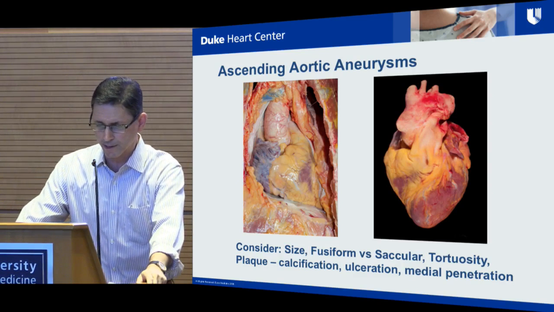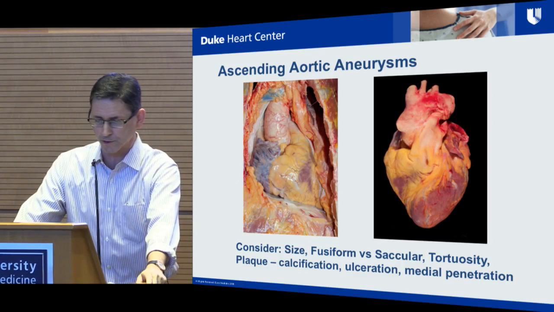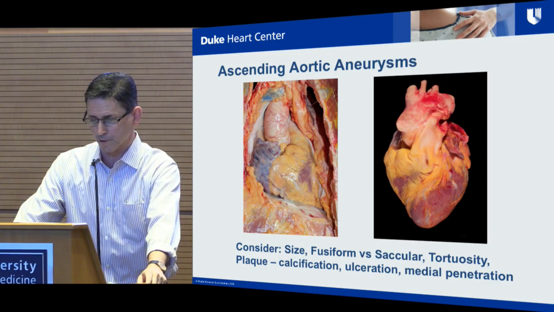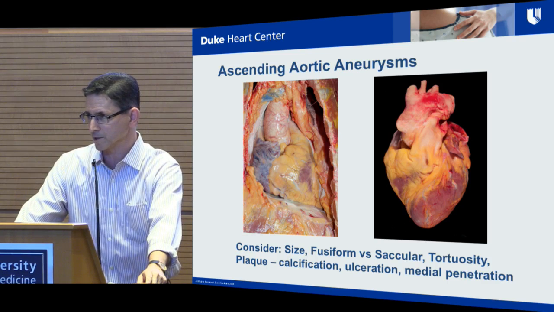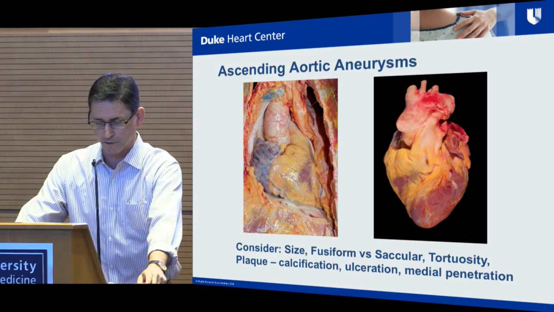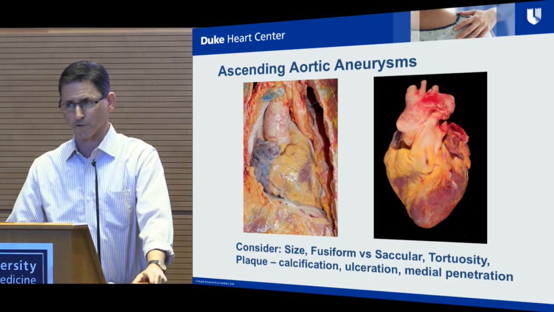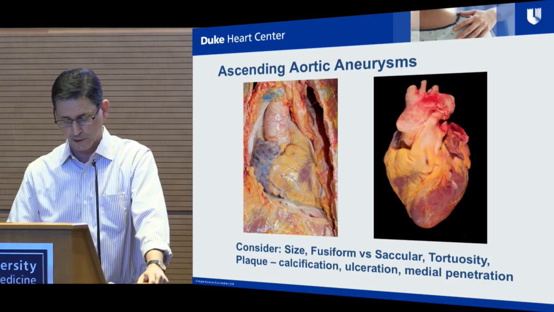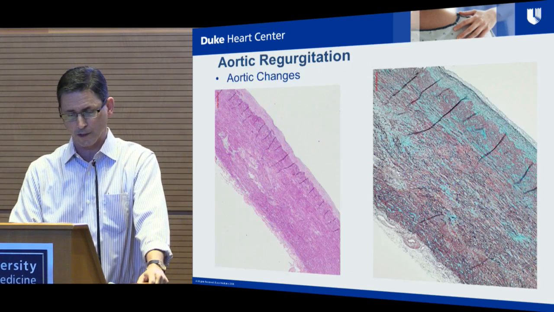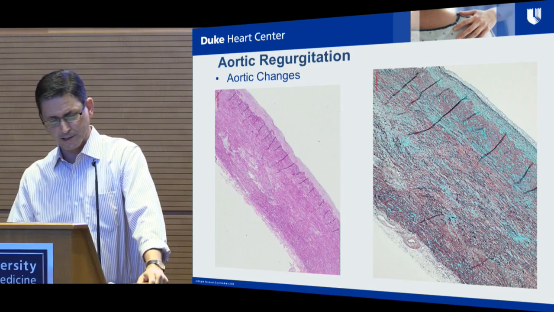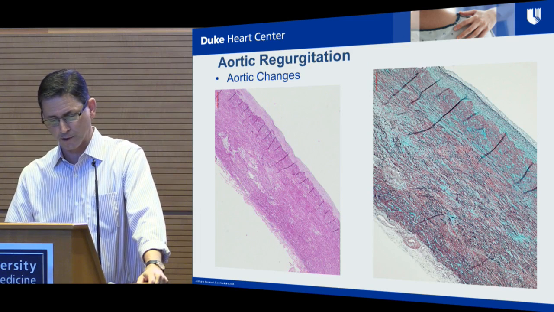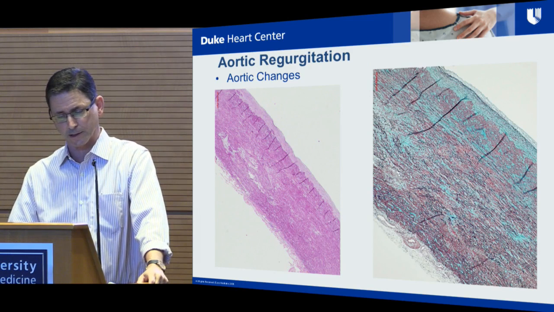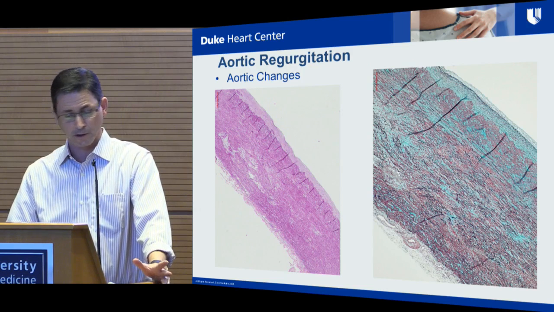And then on the right, even more tortuous to the interventionalists, there's a saccular aneurysm kind of sitting just above where essentially the distal margin of the replacement valve would go. So there's multiple things to consider just traversing the valve to get to the location where you want to deploy it. This is an example of the aorta in one of these cases, showing in aortic regurgitation the loss of